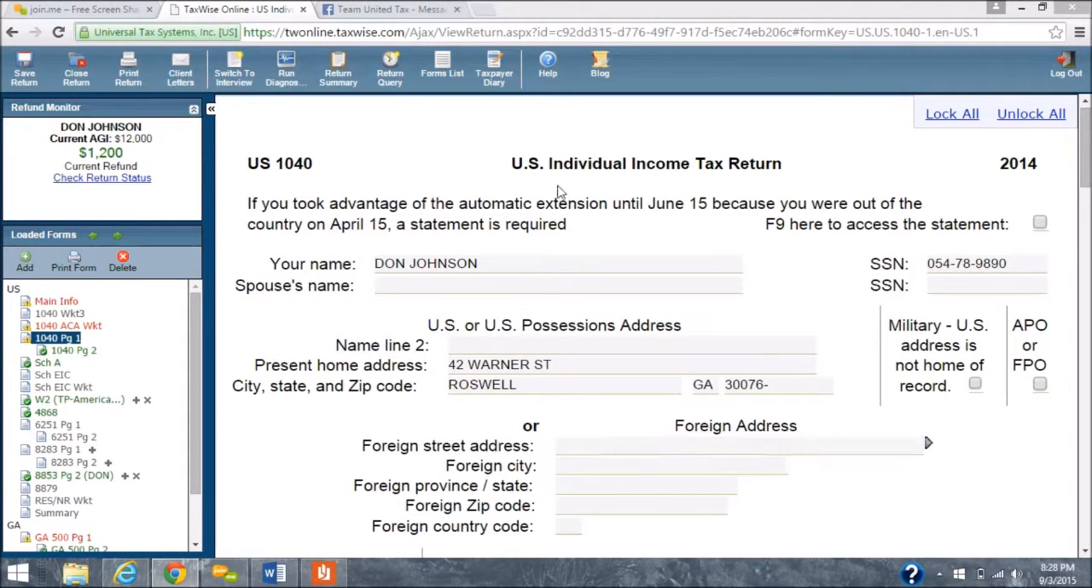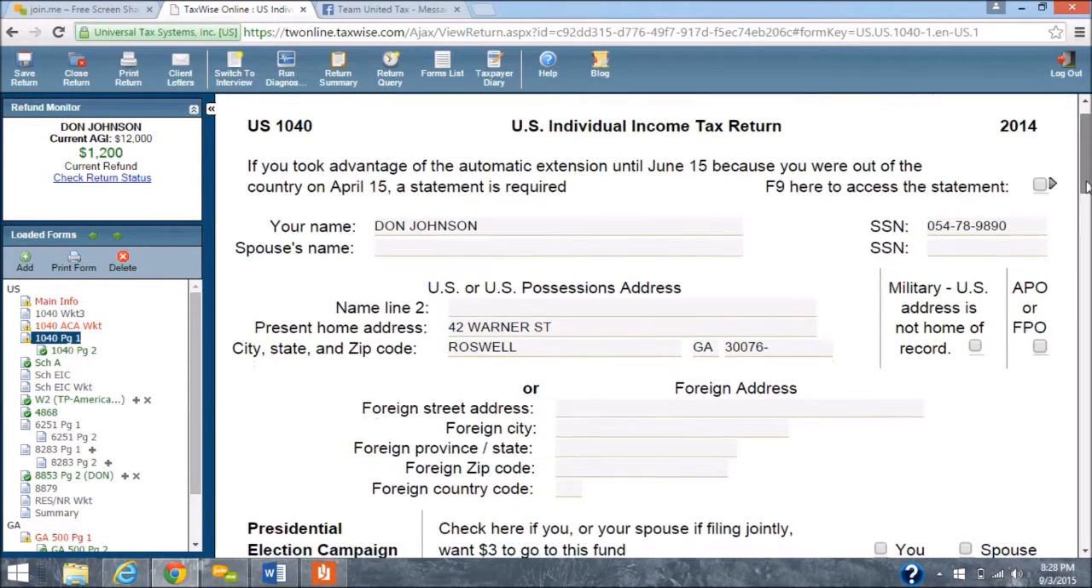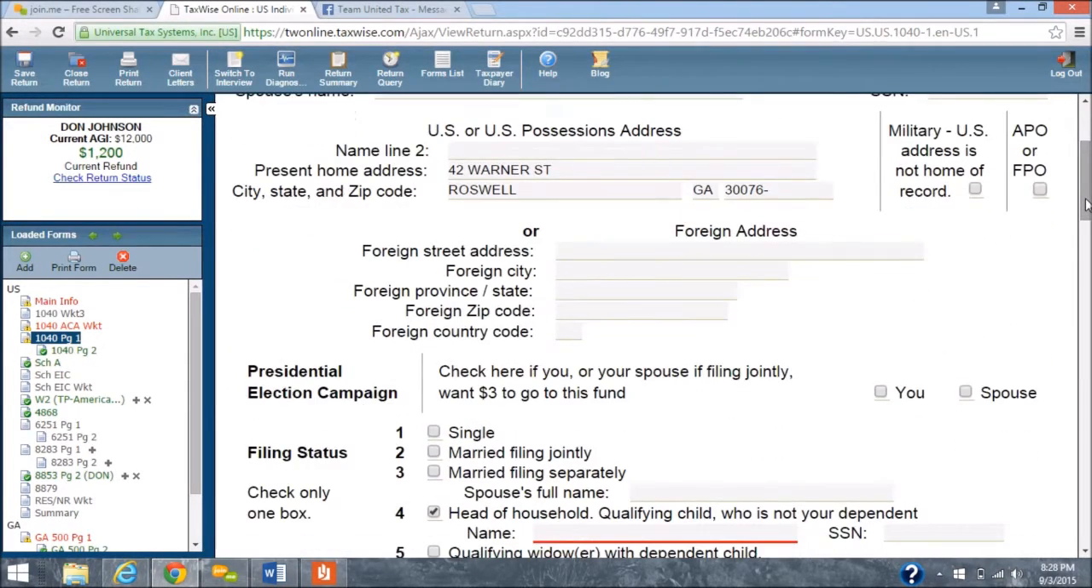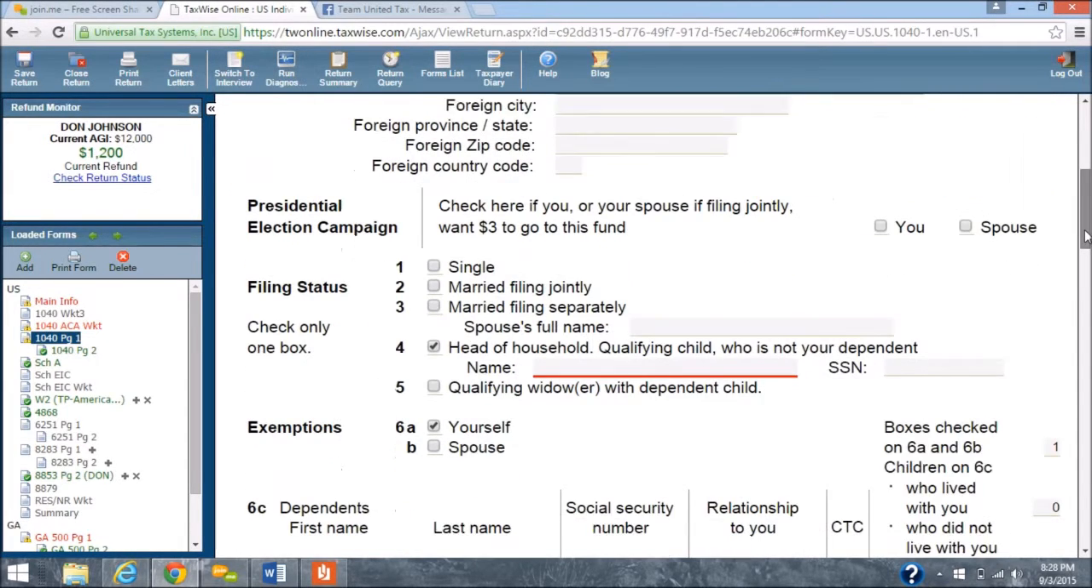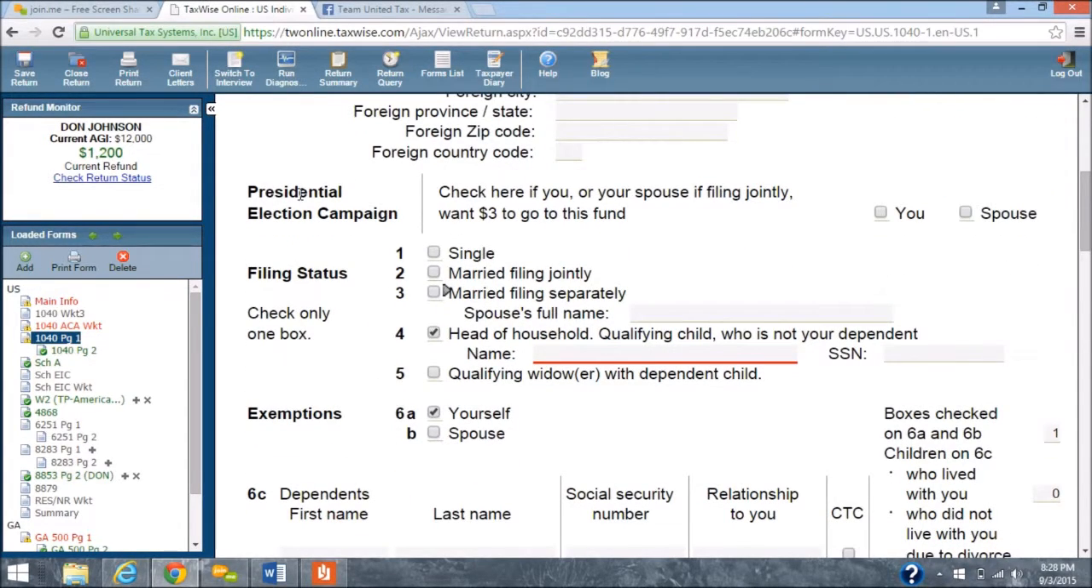So we're looking right now at the U.S. 1040 individual income tax return. This is for 2014, however, they are pretty much the same. We have his name, he has his address, and then as we go down, right on the presidential election campaign,